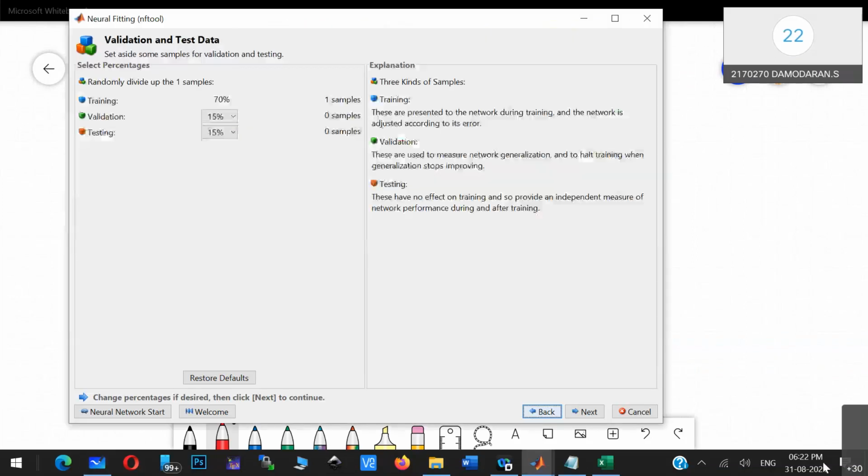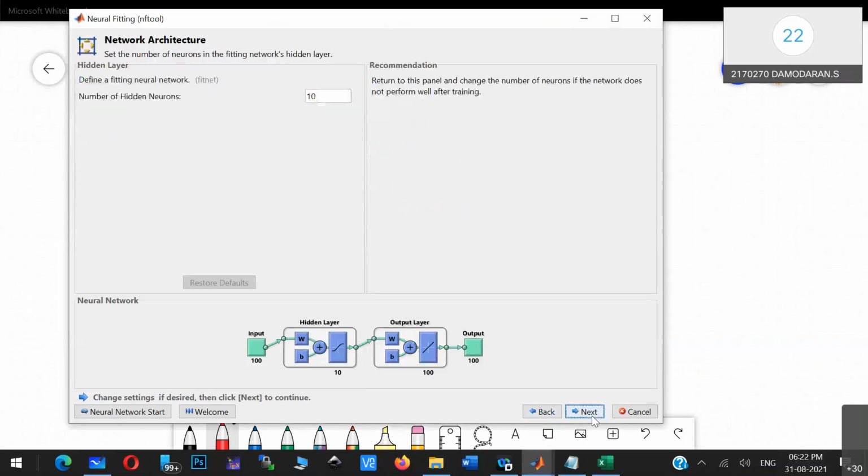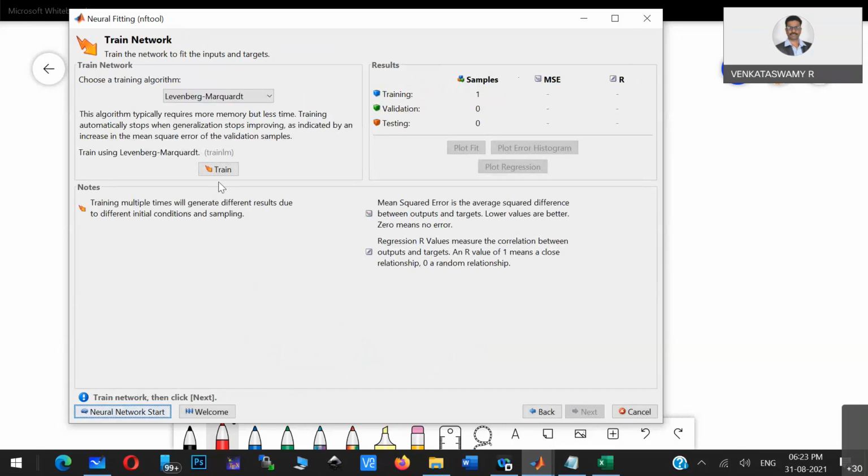Now this is what we have done. We selected and clicked on next, and this number of neurons matters: if the neurons are fewer, only one neuron will train, so it's basically some coefficient. If you have more neurons, it will learn more, but it will take a lot of time and the complexity of the system is more. So I'm just taking the number of neurons as 10 in the neural network. At this point, I just click on this train button.